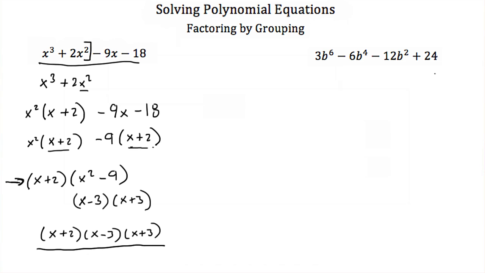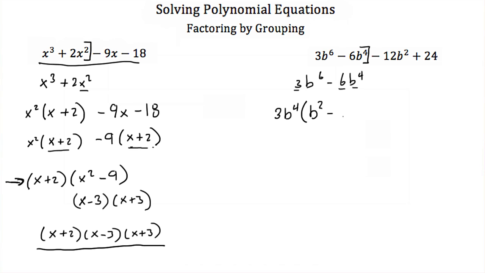Let's look at our next example. We have 3b to the 6th minus 6b to the 4th minus 12b squared plus 24. Well, I'm going to group these together. So our first two terms, we have a 3b to the 6th minus 6b to the 4th. Well, I can factor out a b to the 4th, and I can also factor out a 3 from these. So what I would have on the outside then is 3b to the 4th times b squared